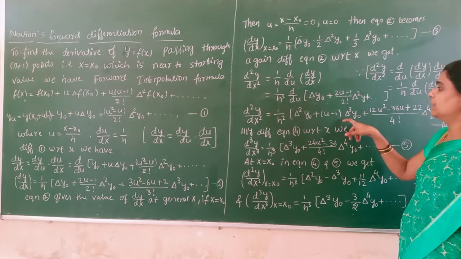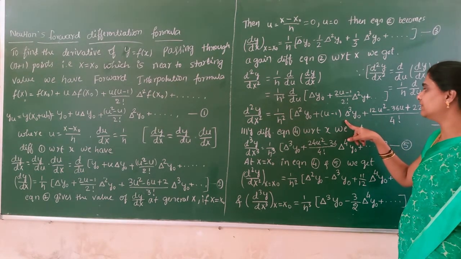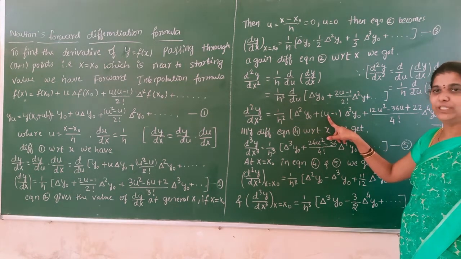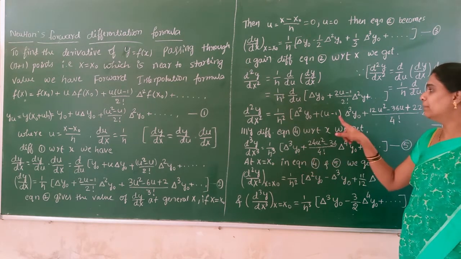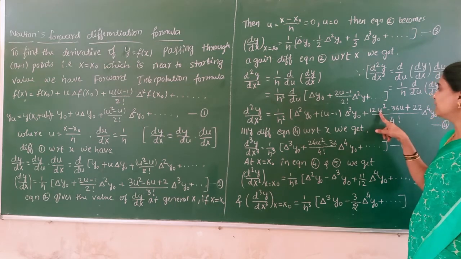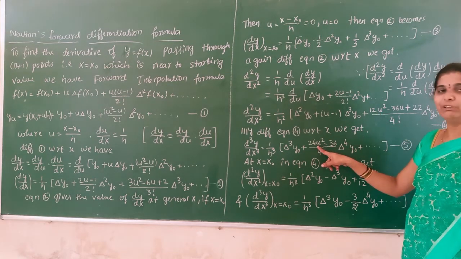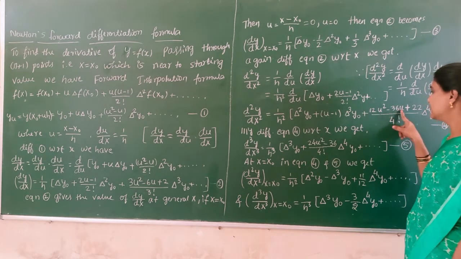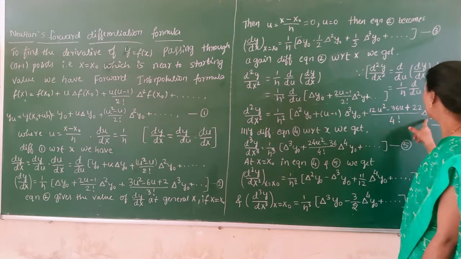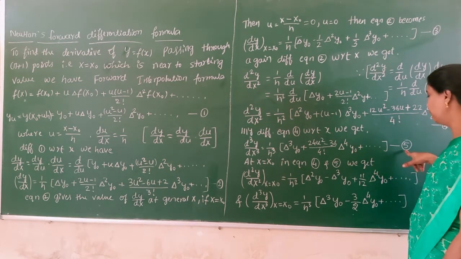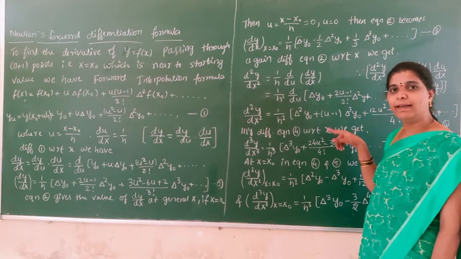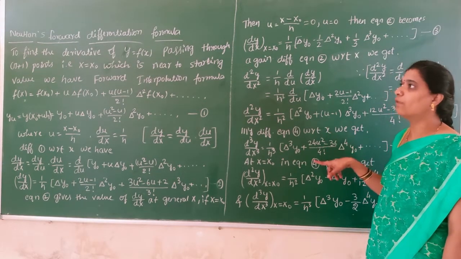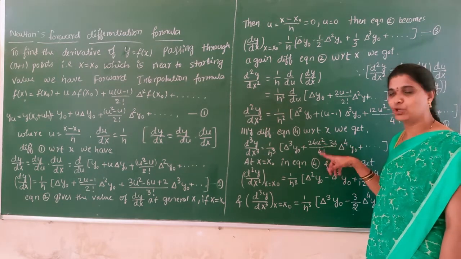See here, this is our equation number 4. If we differentiate this one, see here, differentiation of u is 1. We will get 1 into del cube y naught, minus 1 will get 0. Again differentiation of del is there, that will come 12 into 24u minus 36 upon 4 factorial into del raised to 4 y naught plus 4. So this is our equation number 4 and 5, the second as well as third order derivative of Newton's forward differentiation formula itself.